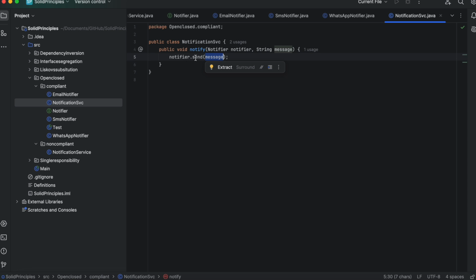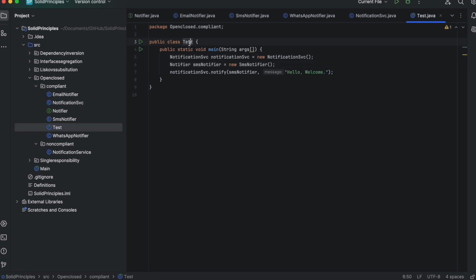Notifier has a method send, and it accepts whatever message the user sends. Now let's look into the usage of this notification service. Here the test class is just a main method where we want to understand what it does. We create an object for the notification service, and then we create a notifier, which is an SMS notifier here. Whenever you want to notify,